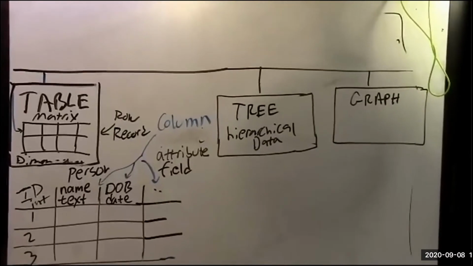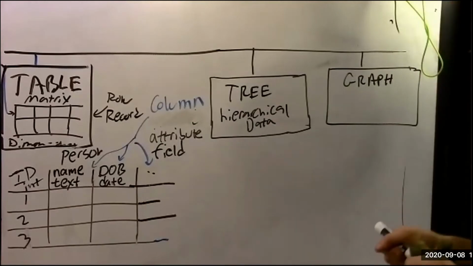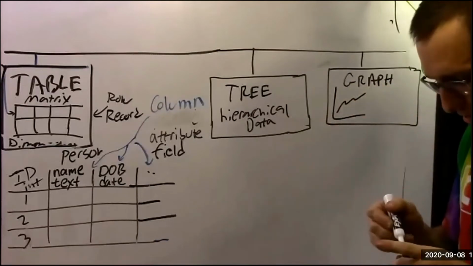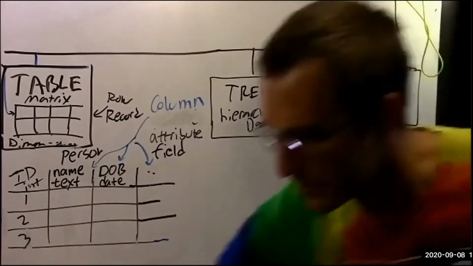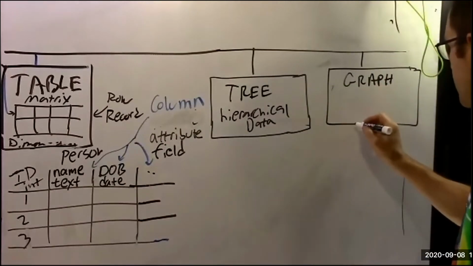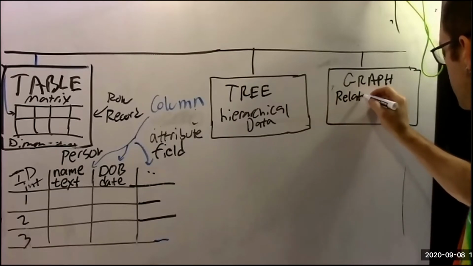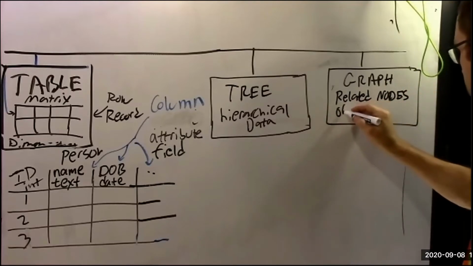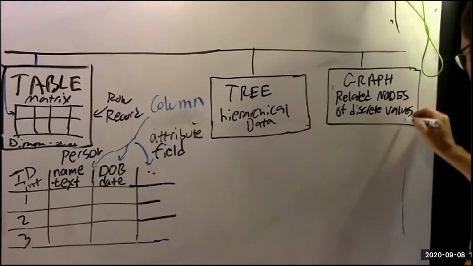Thank you. Good. So we're going to start with graph because a tree is actually a type of graph. So a graph is not this from math. A graph is a collection of nodes that are related to one another or linked. So a node, we would say related nodes of discrete values. Okay, so